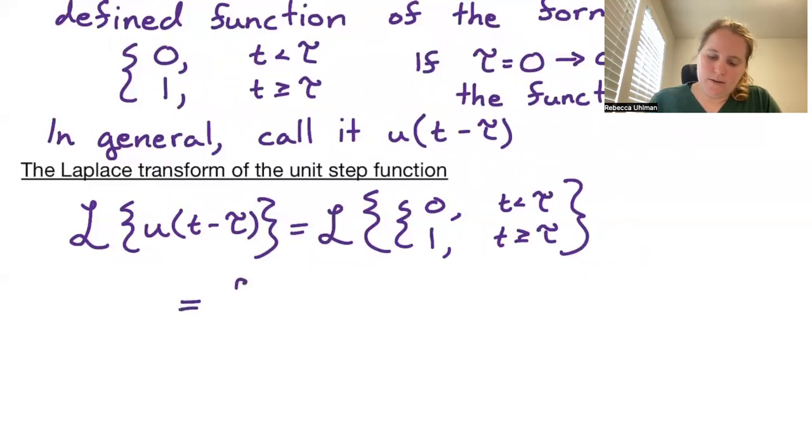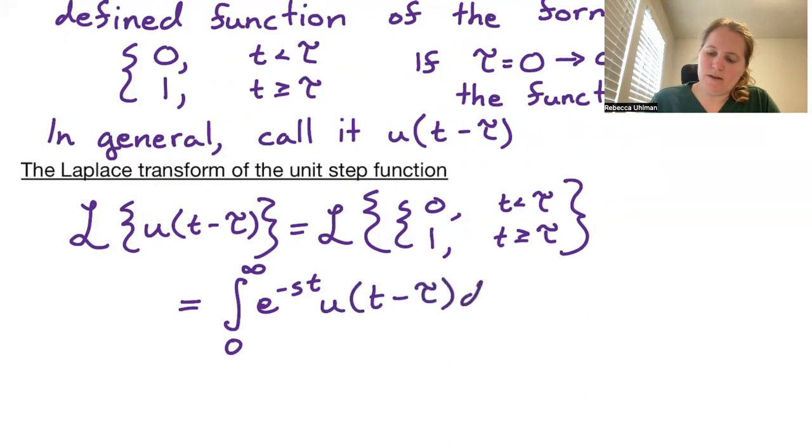So we're taking the improper integral from 0 to infinity of e to the negative st times u of t minus tau dt,